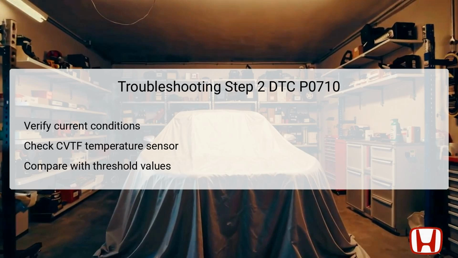In the second troubleshooting step, verification of current conditions is essential using the HDS. With the vehicle still in the on mode, monitor the reading from the CVT fluid temperature sensor. The expected voltage range during normal operation should ideally be between 0.05 to 0.09 volts or 4.83 to 4.92 volts, depending on operating conditions. If the readings fall within these thresholds, you are dealing with a fault condition that needs